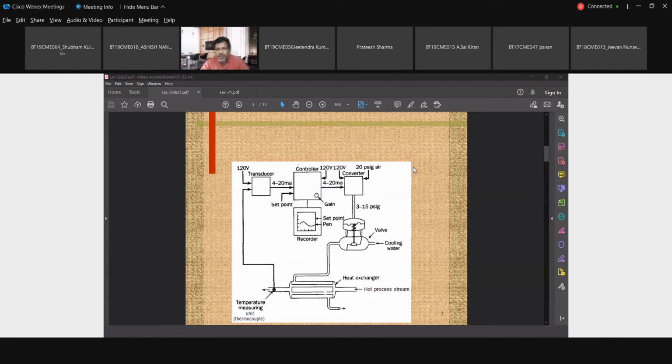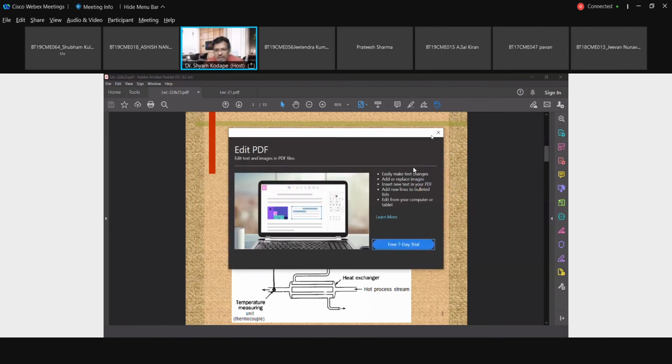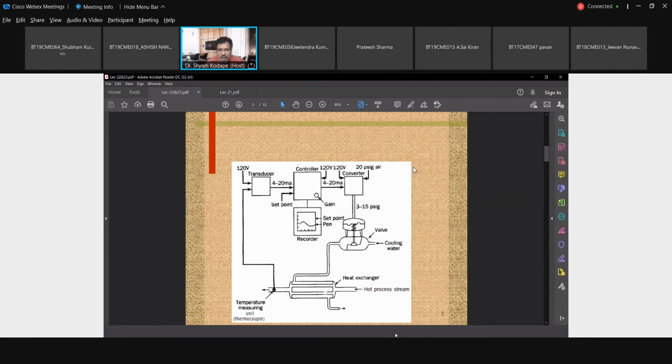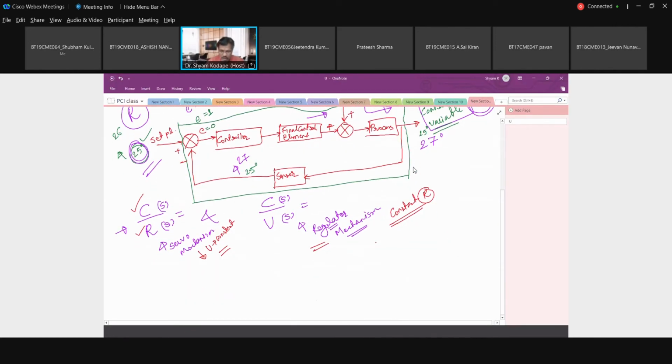ये गेन, ये जो है ना, यहाँ मैंने बताया ना आपको, ये एडजस्ट करना है केसी, ys by xs is equal to Kc. यहाँ पीडीएफ में लिखा जाएगा क्या? लेट मी देखता हूँ, पीडीएफ में नहीं लिखा जा रहा है, but let me discuss over here on the one note. यहाँ क्या होता है, हमारा पता है ना हमें, ys by xs is equal to Kc for P controller. हमने डिराइव किया है प्रोपोर्शनल कंट्रोलर के लिए, it was Kc. यस सर। तो ये एडजस्टेबल होता है।